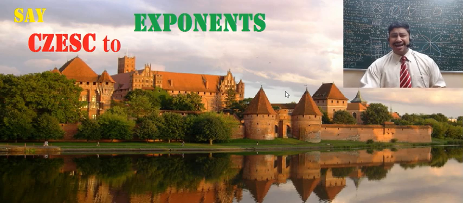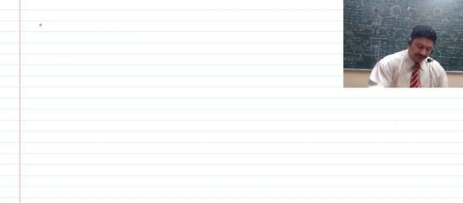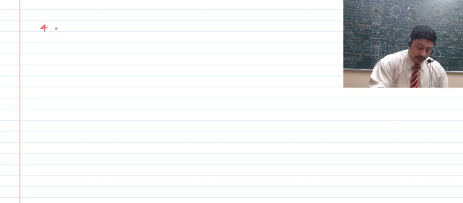Let's get started, children, and let's understand what an exponential form is and where we encounter exponents. And after that, we'll be looking up a few formulae and also a few sums. Now, children, first we will be discussing what the exponential form is. If we have a number multiplied by itself a few number of times, we call it the exponential form. For that matter, let's say we talk about 4, which is getting multiplied with 4, say 3 times. Then we can write this as 4 raised to the power 3.